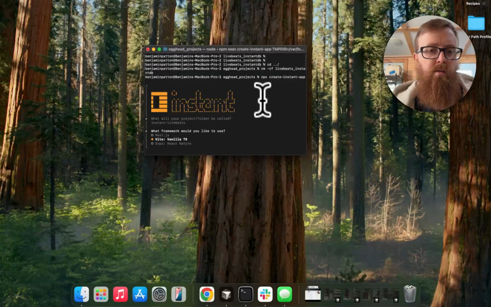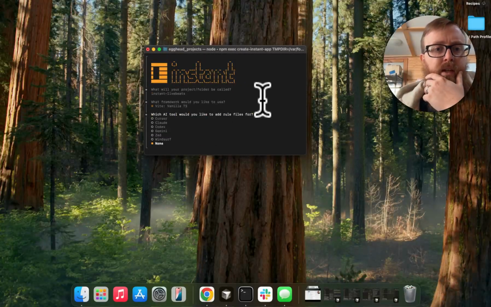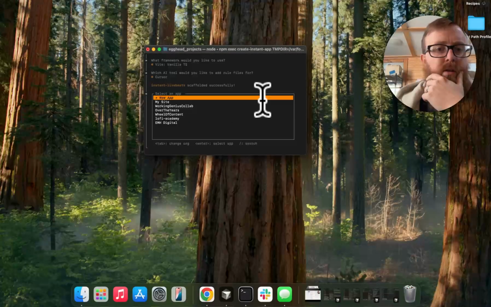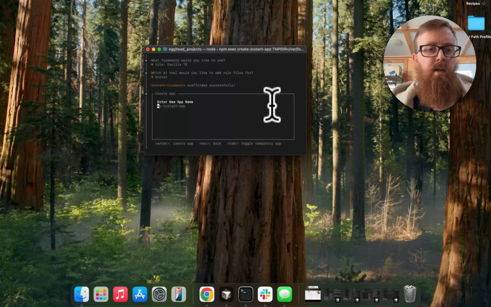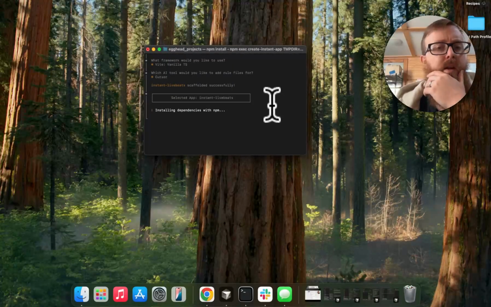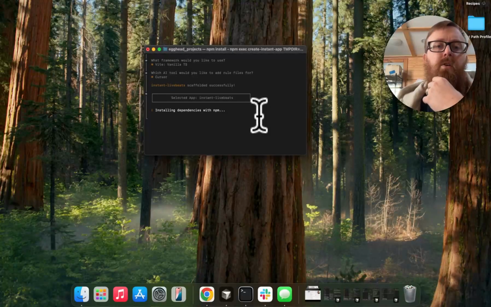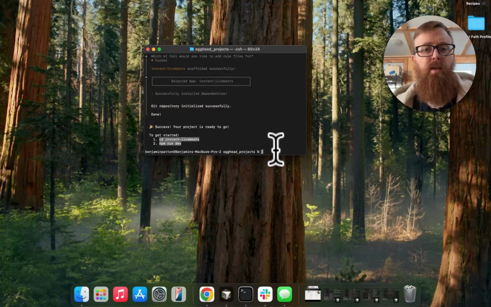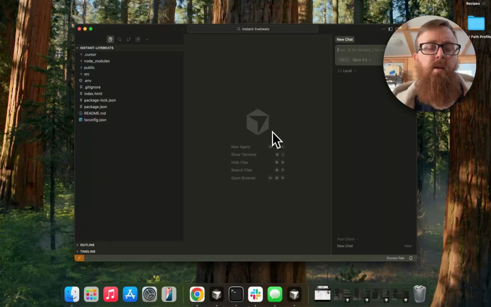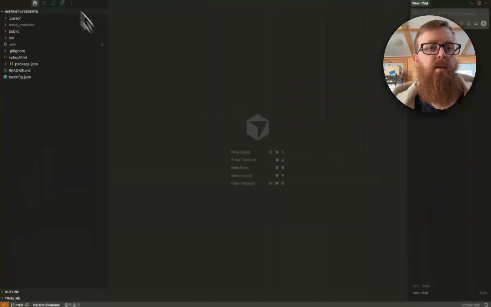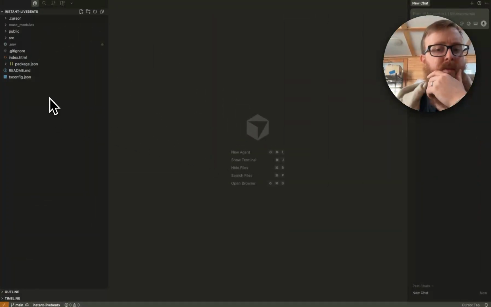Let's use, these are not my favorite options, Vanilla TS. We are using Cursor. New app, we'll just call this one Instant LiveBeats. So before we get started, I'm just going to open Instant LiveBeats in Cursor. Okay, so it's all right. So here I'm going to come in here and make